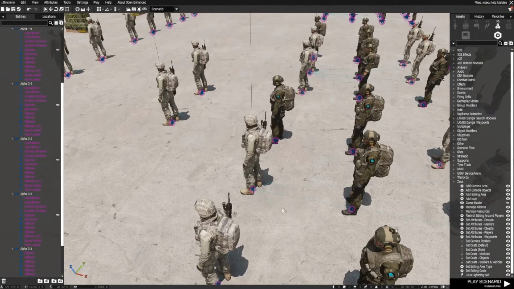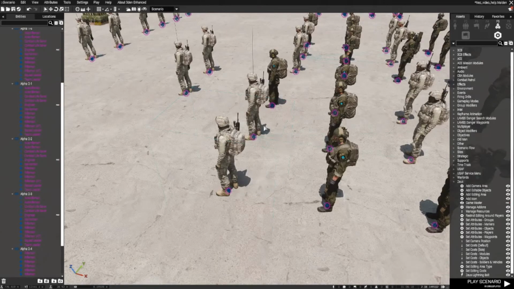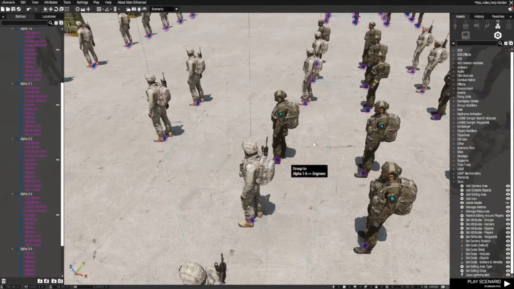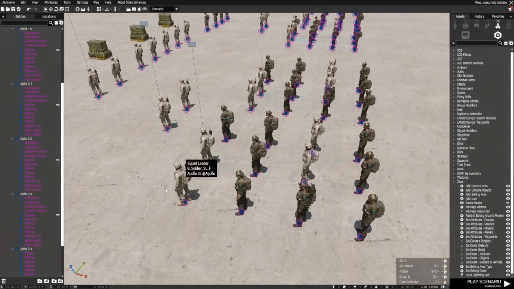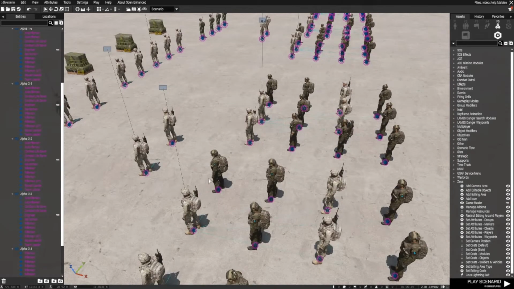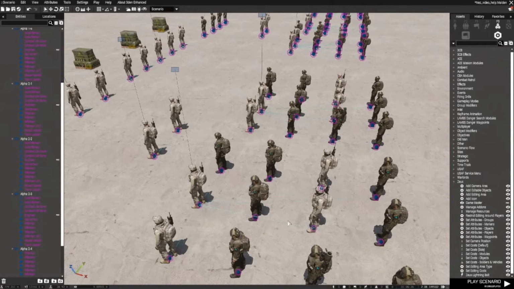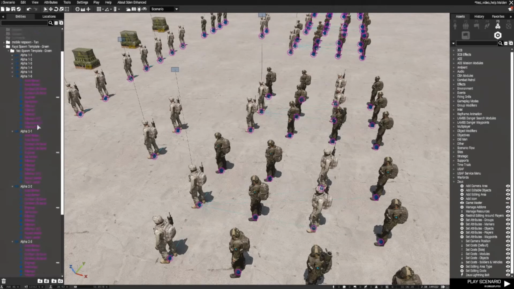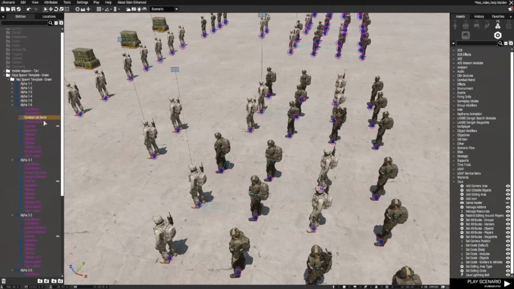Earlier I made a little mistake. I ended up saving the wrong loadout. Instead of loading, I accidentally saved the current loadouts to them. So the riflemen's looks are different in the squad leads. They'll have long range backpack. But the principal idea behind it is how fast you can